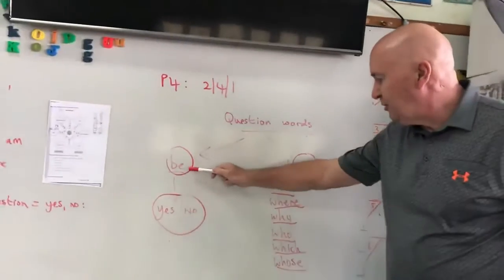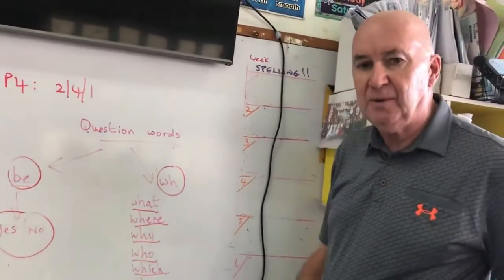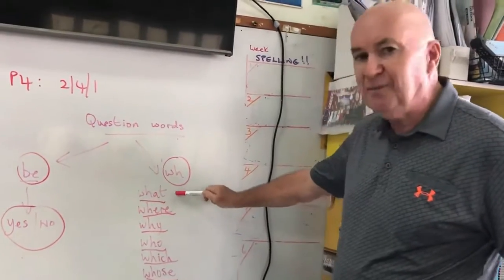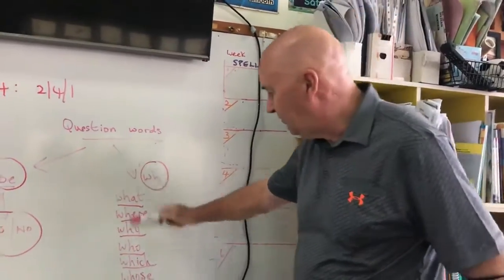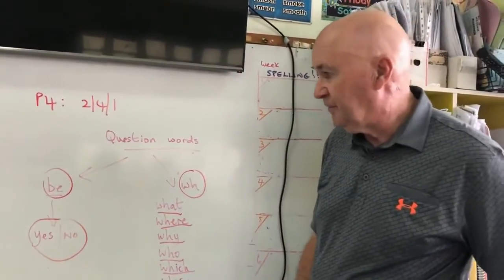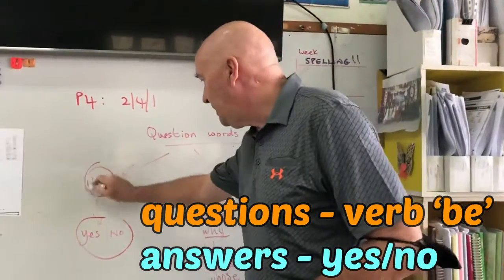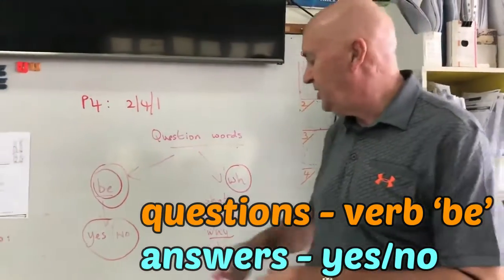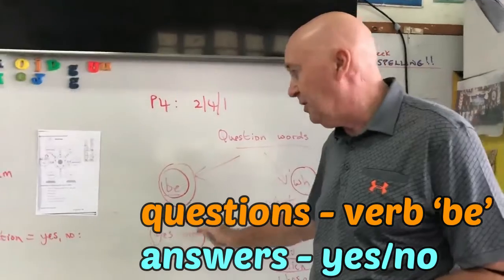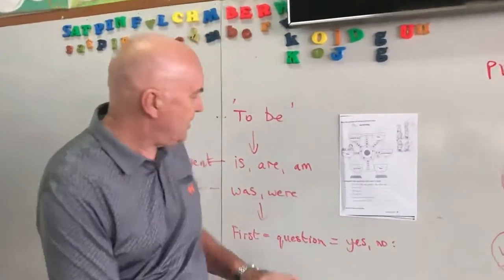But if the question word is be, the answer is yes or no. These always come first in a sentence. So that's about question words. So we're looking at be today, question words be, so all our answers are going to be yes and no. So let's look. Okay, we're going to look at